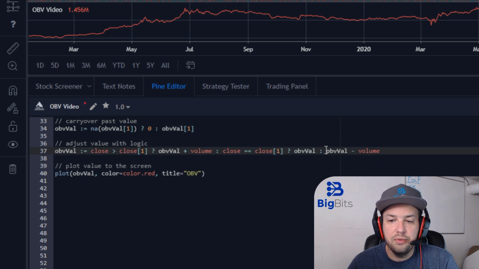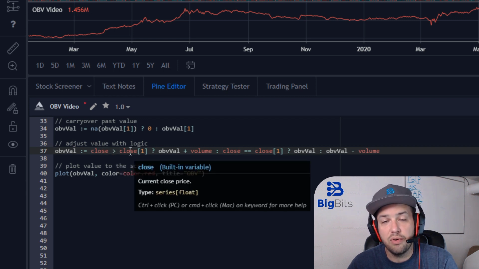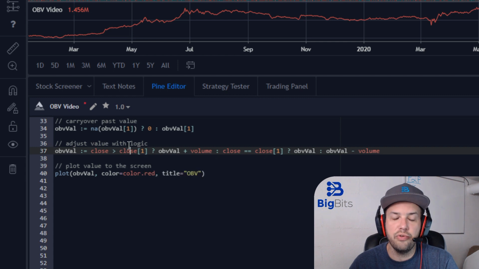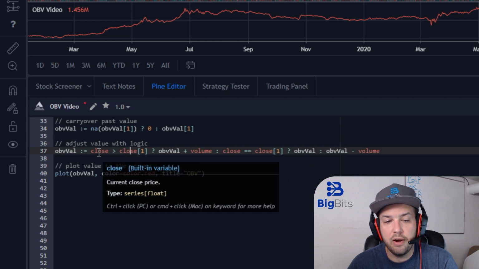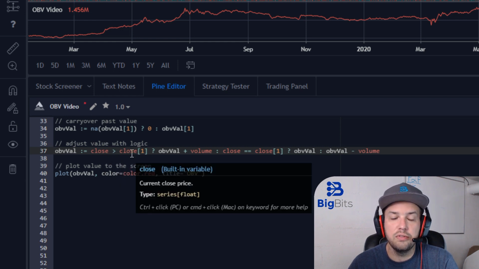Then we are finally going to subtract the volume from the previous value, because the only other option left is that our closing price is lower than the previous candle. I was tempted myself to focus on the color of the candle, but this is actually about the closing price of the current candle compared to the closing price of the previous candle. If you're just focusing on green and red candles, considering there are gaps on the price charts, it will make a difference if you compare the open to the close here. So always make sure you're comparing the current close to the previous close,